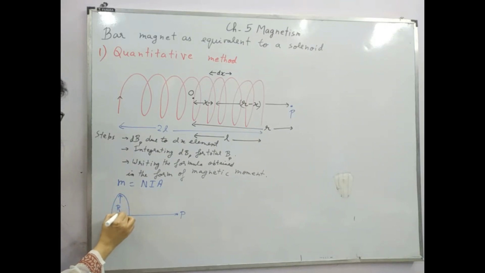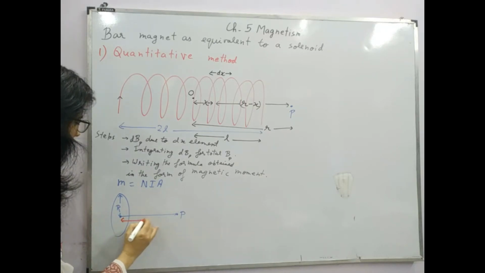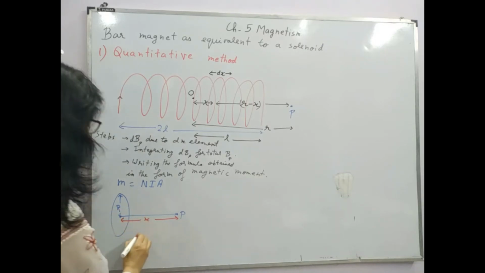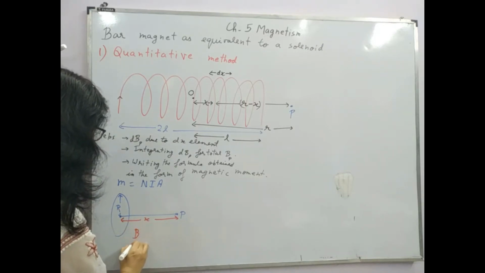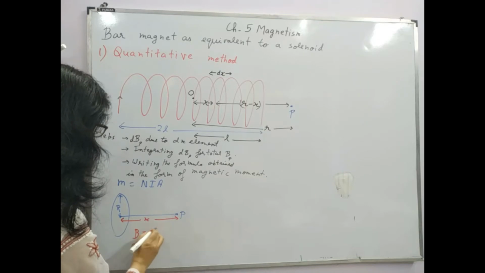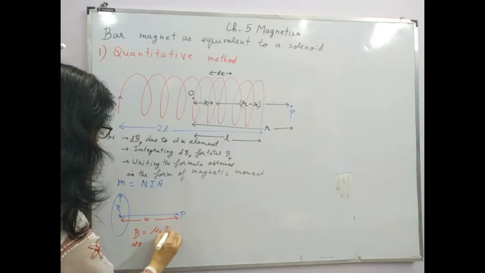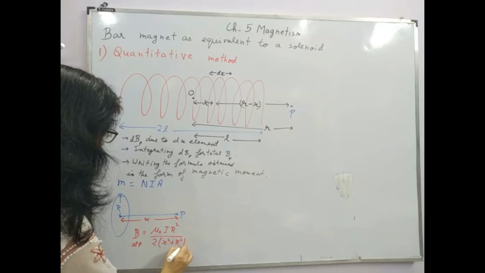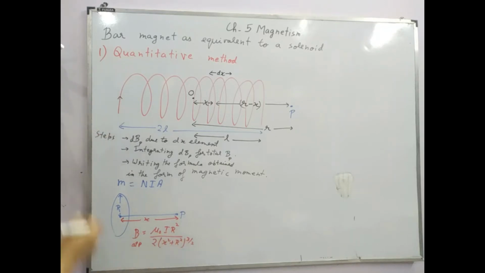If this is the radius R and the distance of the point P from the center of the coil is x, then we know that the formula for the magnetic field at P, what was that? Mu naught I into R square upon 2 x square plus R square to the power 3 by 2,